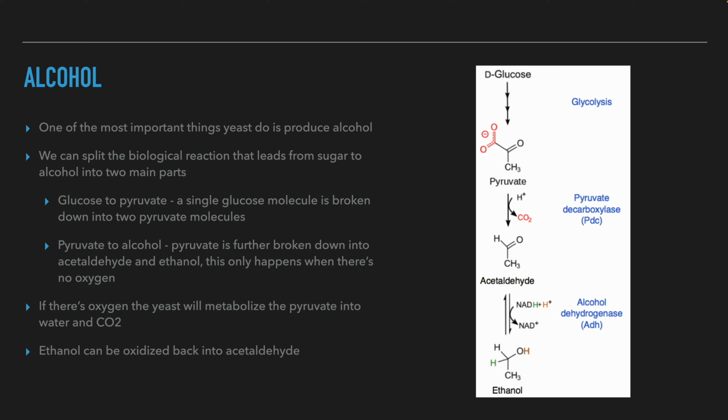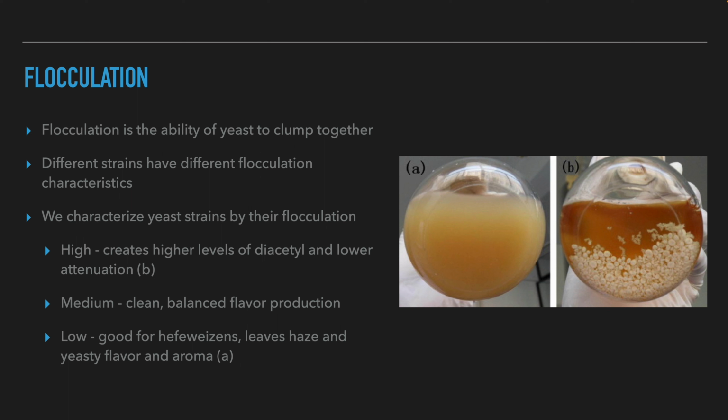If we look at the diagram on the right, we see that glucose is broken down into pyruvate by a process called glycolysis. And after that, pyruvate turns into acetaldehyde and from there into ethanol. This process of converting pyruvate into alcohol is reversible in the presence of oxygen, and the alcohol can revert to acetaldehyde and pyruvate. Another aspect that is important to note about the yeast is their ability to stick to each